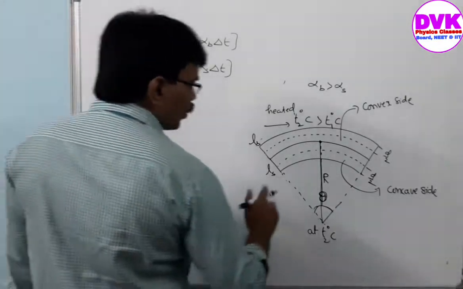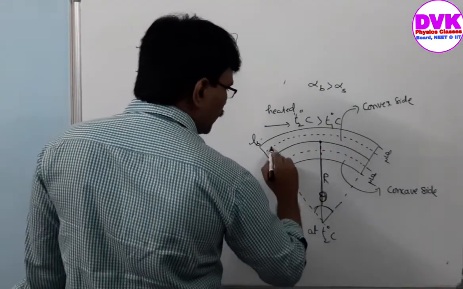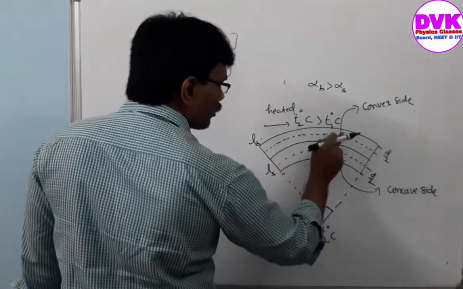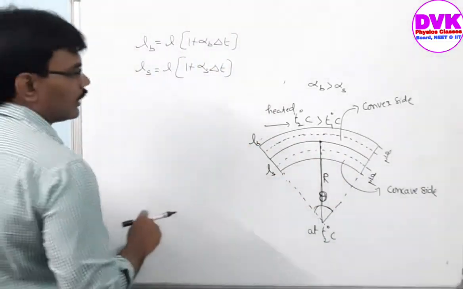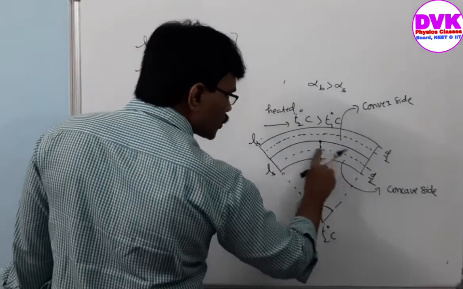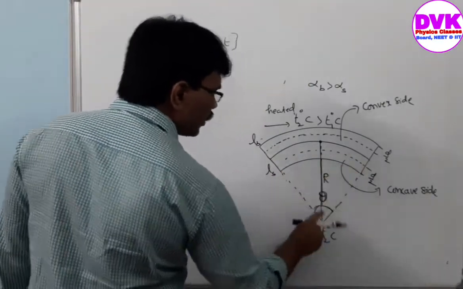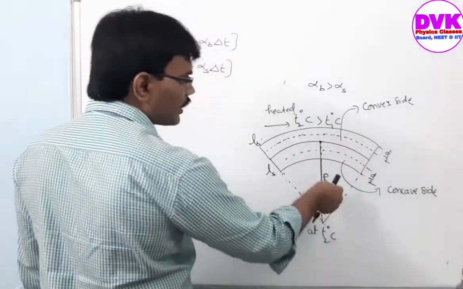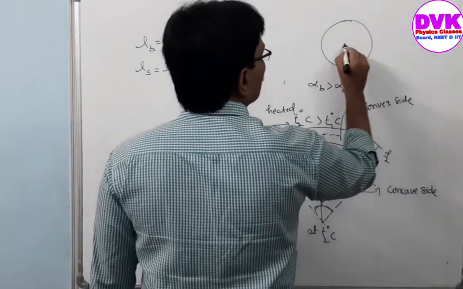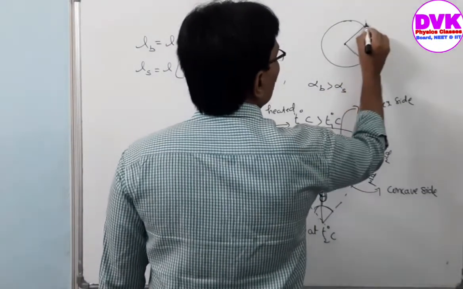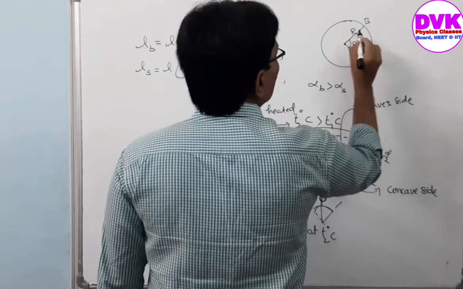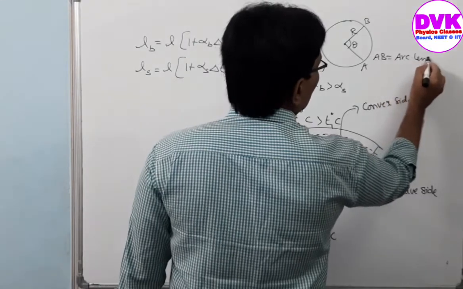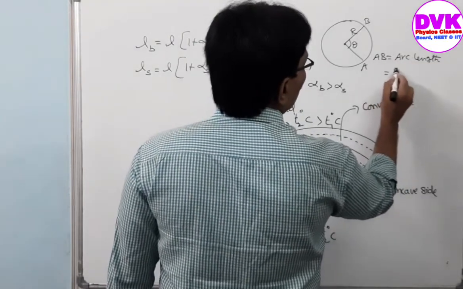But if you see here, what is the length of this brass after heating? With the curvature, this arc length equals the length of brass after heating. Similarly, LS is the length of steel after heating. In any circle we know the relation between arc length, radius and theta. If you take any circle, for example between two points A and B making an angle theta with radius r, AB is the arc length, and that arc length is simply r into theta.